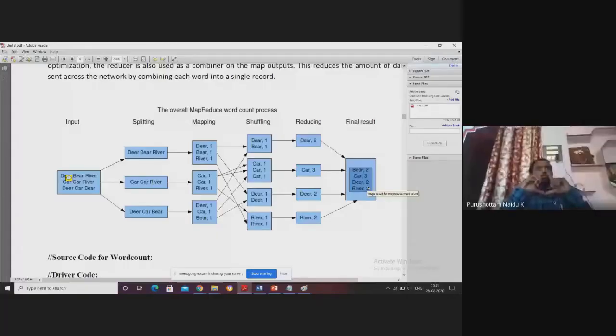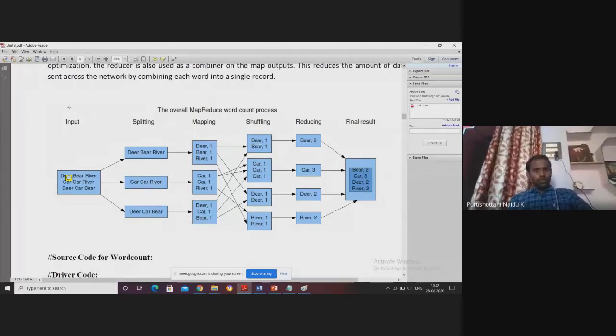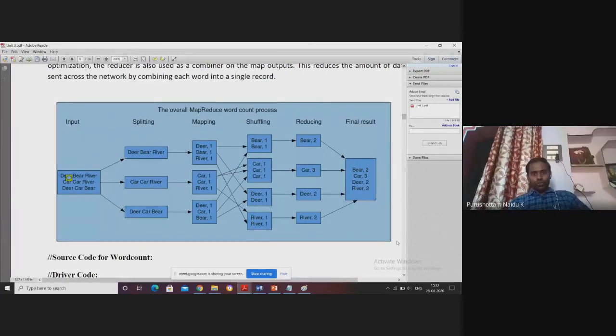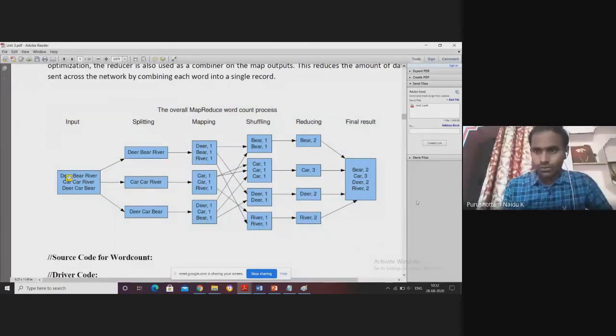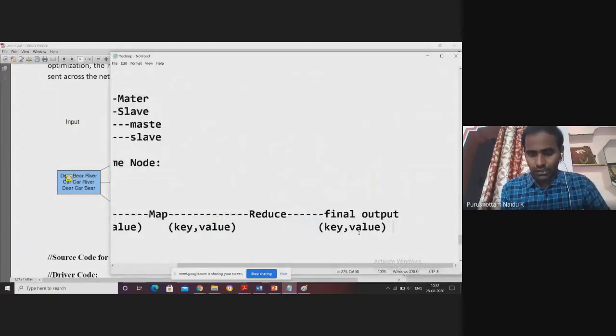So it can accept inputs and outputs as key value pairs only. Initially the text file is given to the map function. The text file is also converted into key value pairs by Hadoop itself. We do not need to write the logic for converting the initial text file into key value pairs. That is automatically given as input as a key value pair to the map function. That is the entire workflow of the MapReduce model to count the number of words in a text file. That is the actual workflow of the MapReduce model.